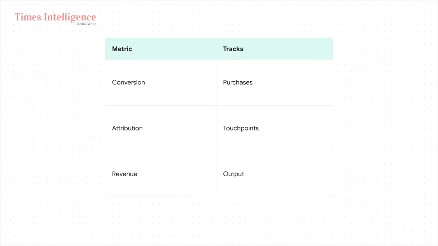We have conversion tracking, which directly links ad exposure to final purchases. We have attribution models, which assign value across multiple touchpoints. And we have revenue per interaction, calculating the actual financial output from each engagement. Now, why does this matter to you as a business owner? Because by utilizing these specific metrics, you can segment your performance geographically and by device type to constantly refine your campaigns over time. You finally stop guessing and you start knowing exactly which ads are printing money and which ones